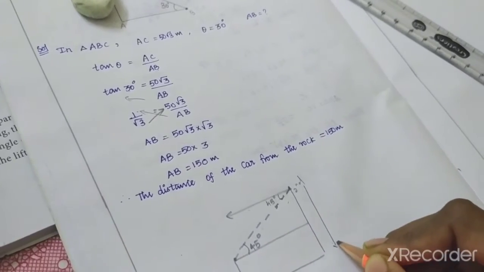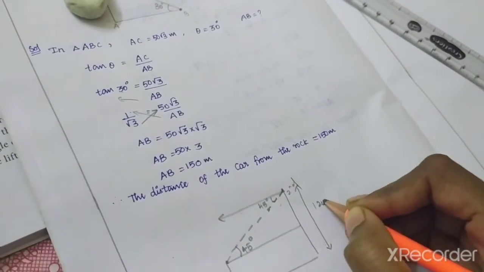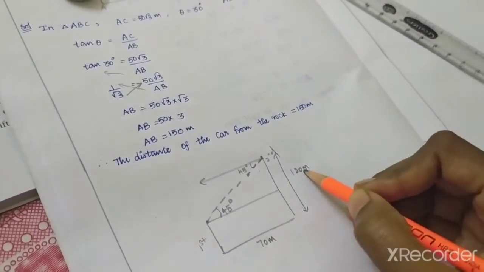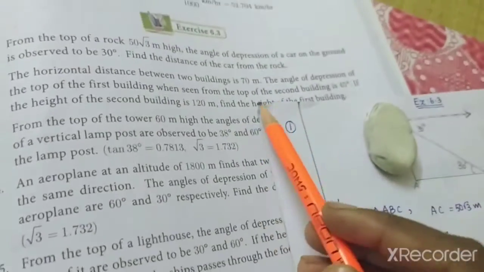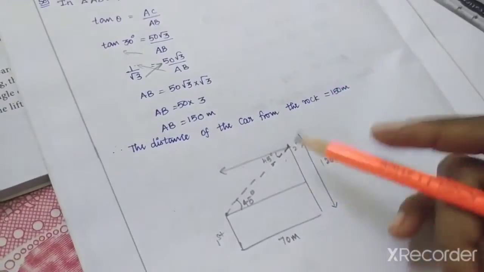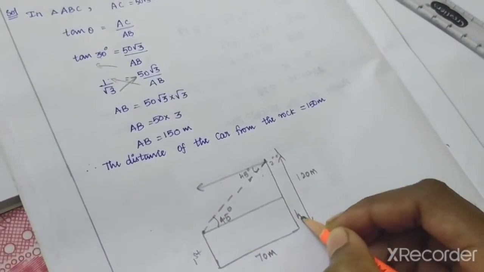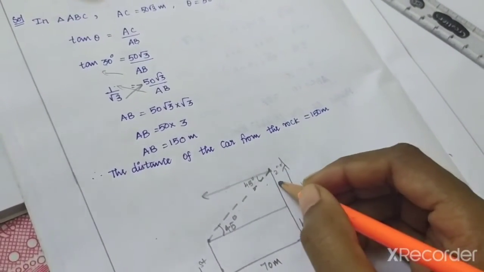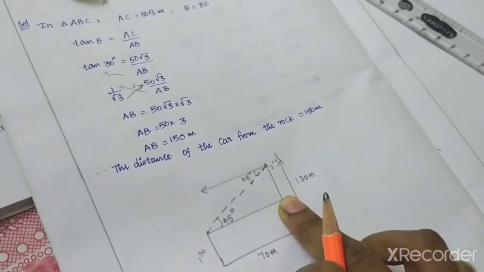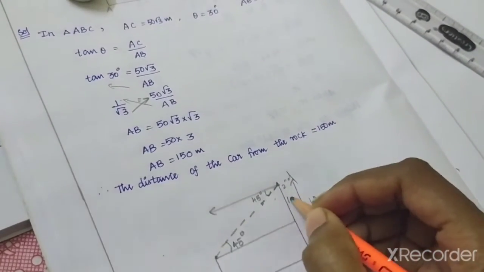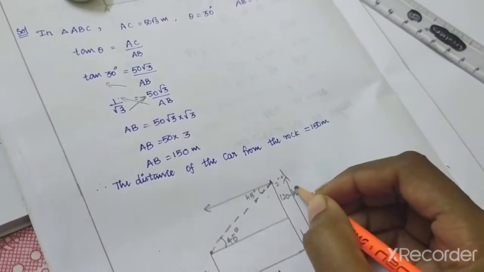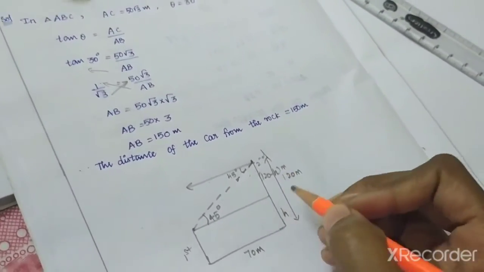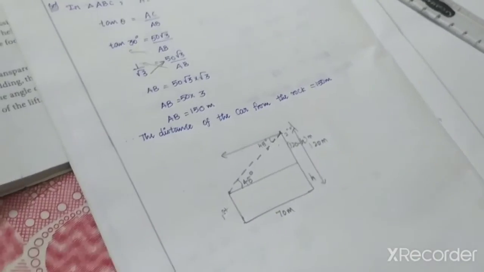And the height of the second building is 120 meters. So what are they asking? Find the height of the first building. They are asking this h. So in this place, how can I write it? Neglecting this h, I note this as 120 minus h meters. The total is 120 meters, but I need my h alone. That's why I'm taking my drawing like this.